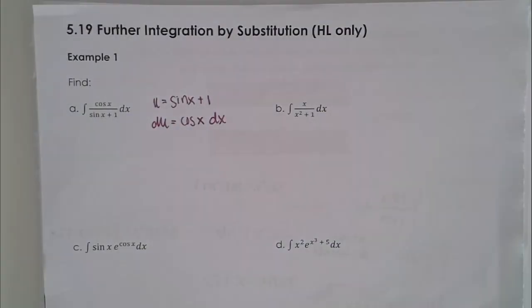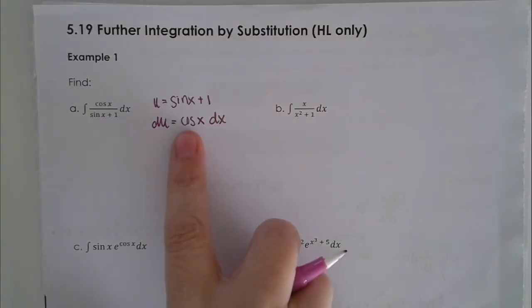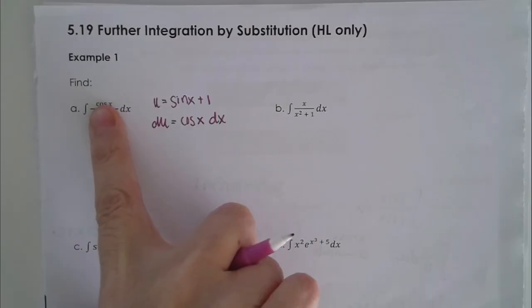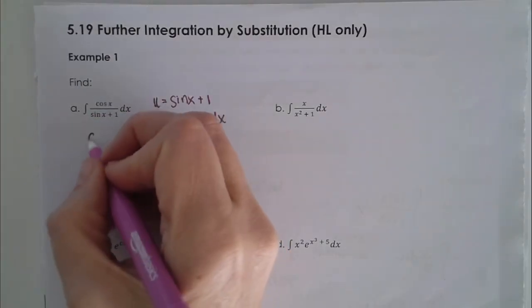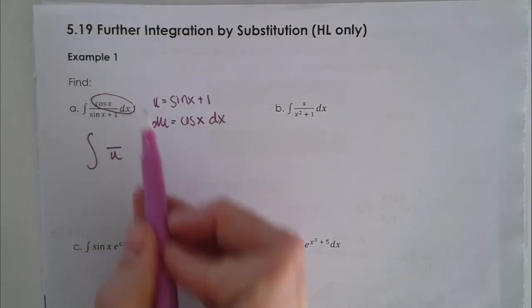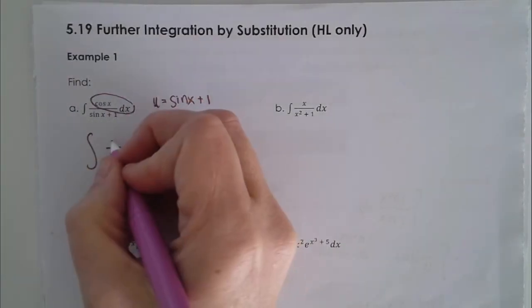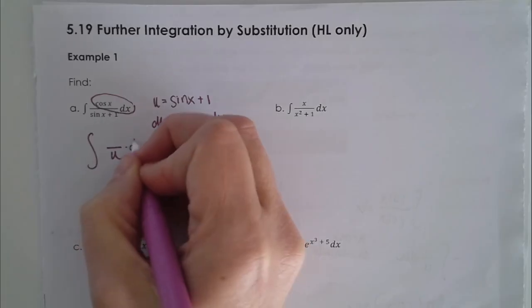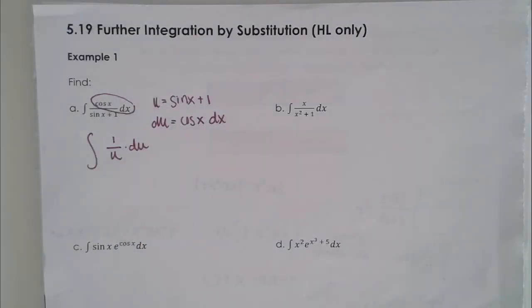Now this already has those variables separated for us, and I like that because it can just go right in, and this is super convenient because it is also a substitute for this. So now my denominator is u. This whole thing right here is replaced by du. So you could put du on top, or you could just put your du out here and have a 1 on the top. I like to write it this way because it's way more obvious that it is that natural